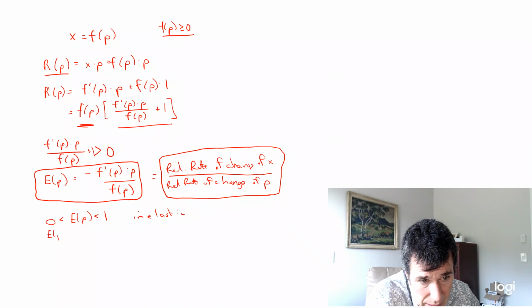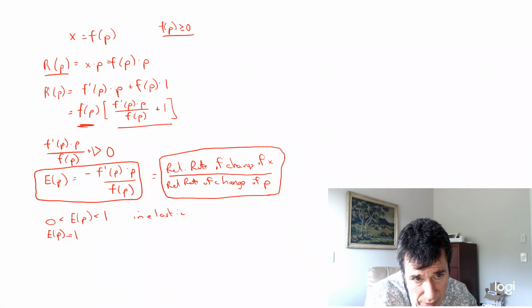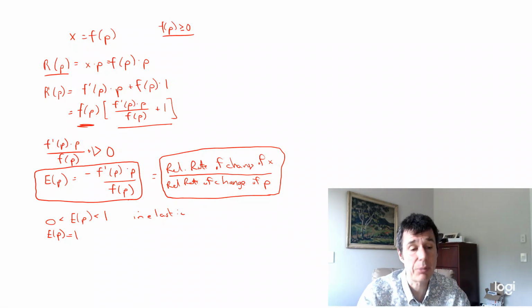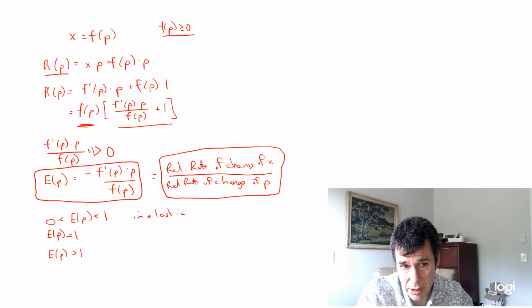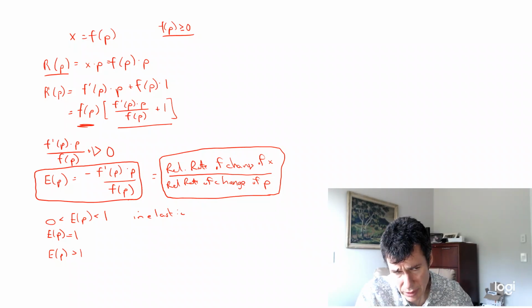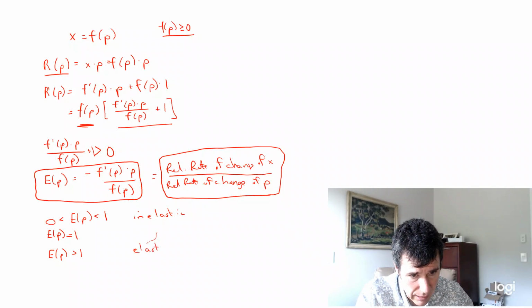E of P equals 1, well, then this quantity up here for revenue is 0, means that when we change price, nothing happens to revenue. And E of P bigger than 1 means our quantity up here is negative, which means that when we increase prices, revenues decrease. We call that elastic, and E of P equals 1 is called